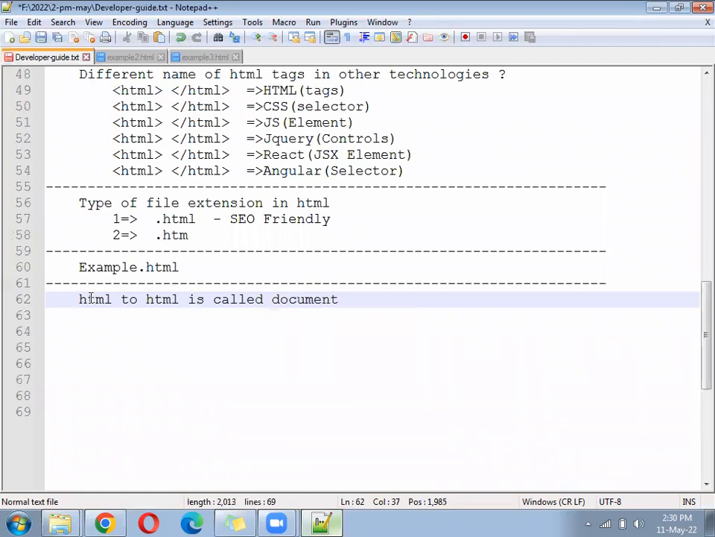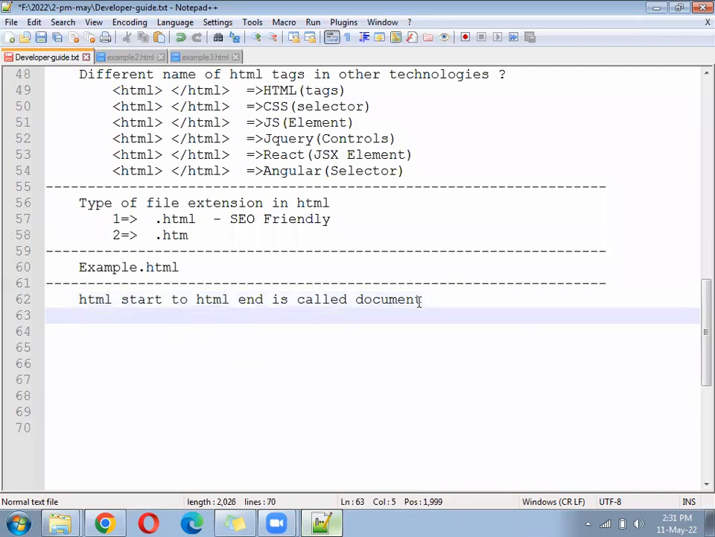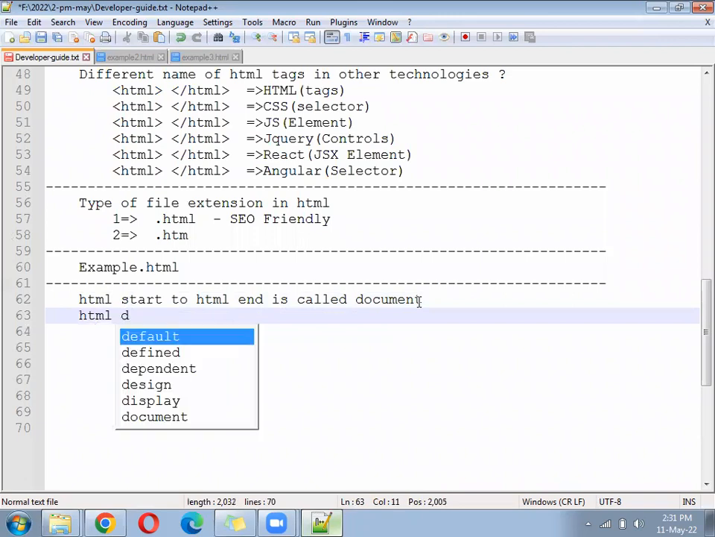HTML start to HTML end is called a document. So I've written HTML start directly, I should write here. HTML start to HTML end is called a document. Now we will write: HTML document